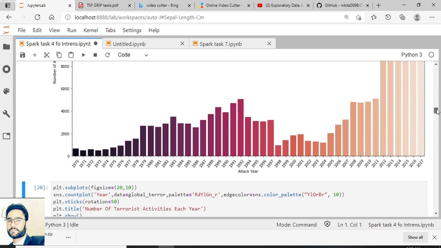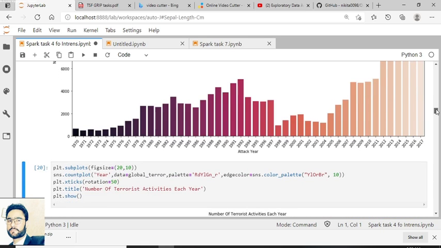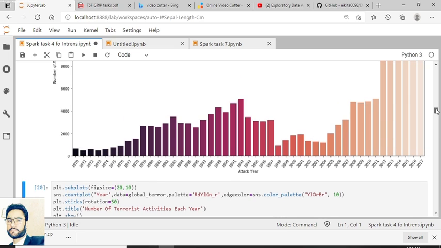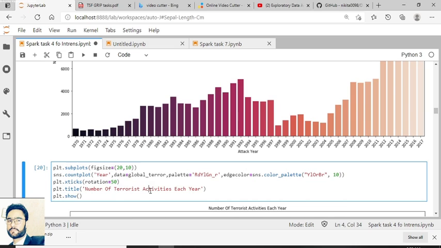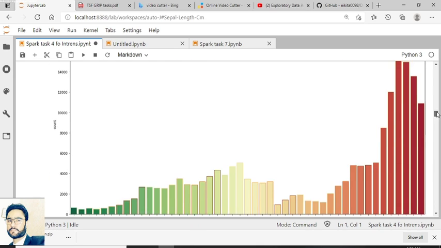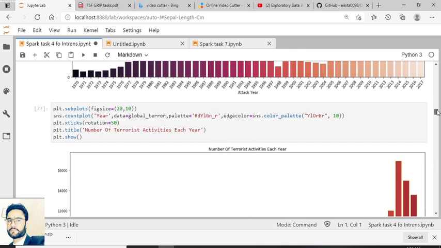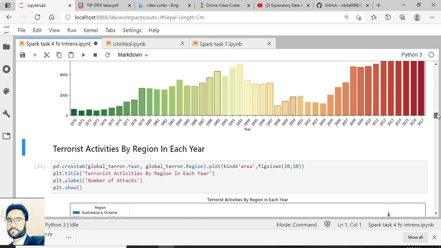In 2013, no, in 2014, it goes high, with more attacks here. So it is not so good. Once again we check the plot using the number of terrorist activities each year.